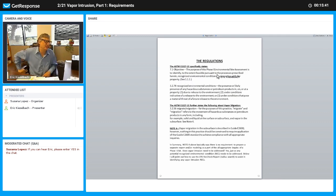So the regulations, what do the regulations actually say? Let's back this up and start from the objective and what a recognized environmental condition is. I'm going to quote the sections, and I'll put a few things in there every once in a while, which is potential and vapor intrusion versus migration. So if you look up the ASTM